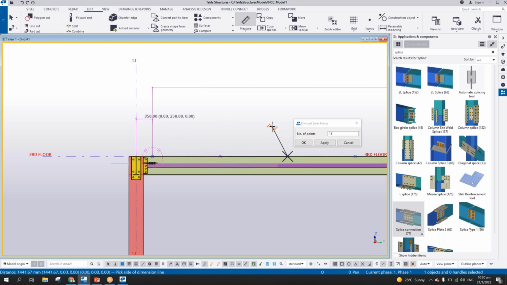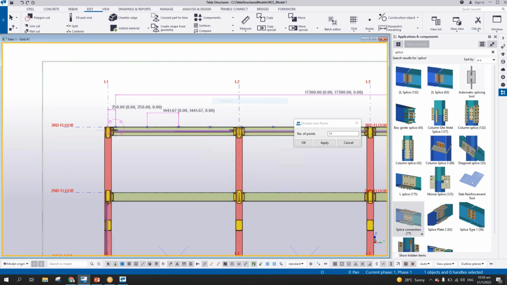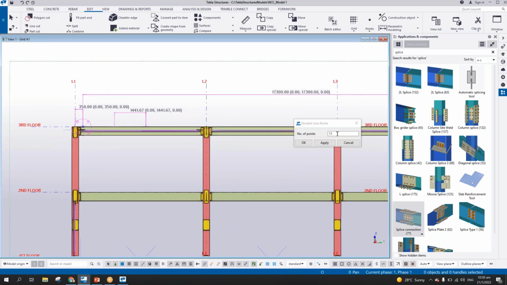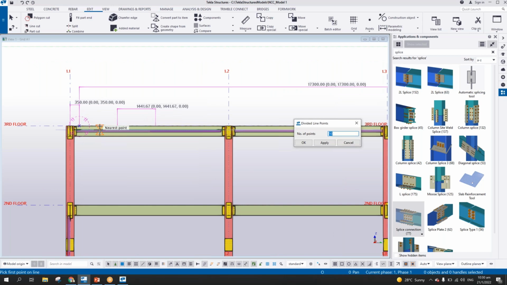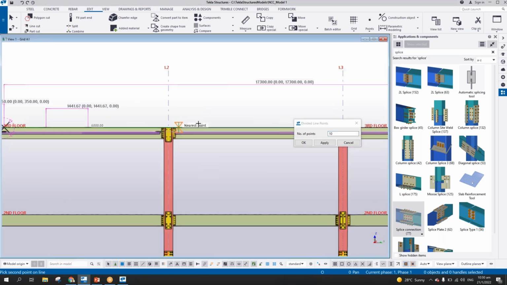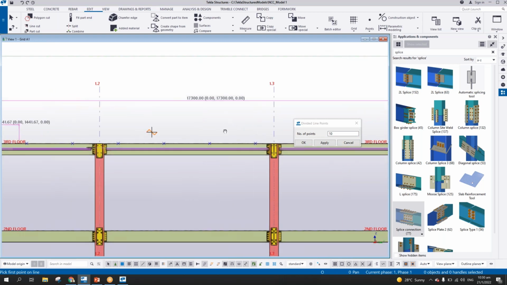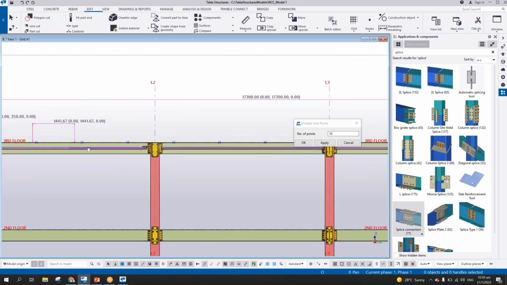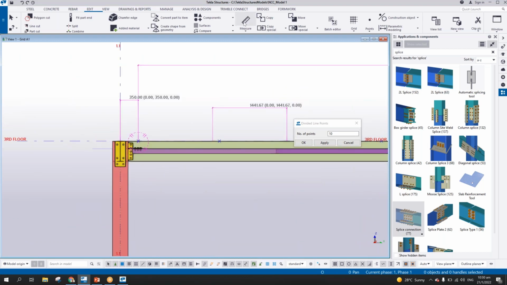I think we put 10. Okay, undo. So we put here 10. So at least the range is 1.5 to 2,000. Apply and okay. So online, pick from this point to this point. There you go. So now the distance between each and every handrail or stanchion will be